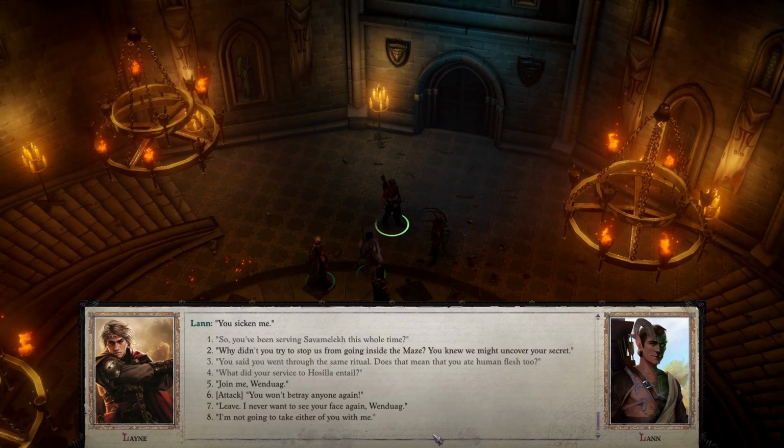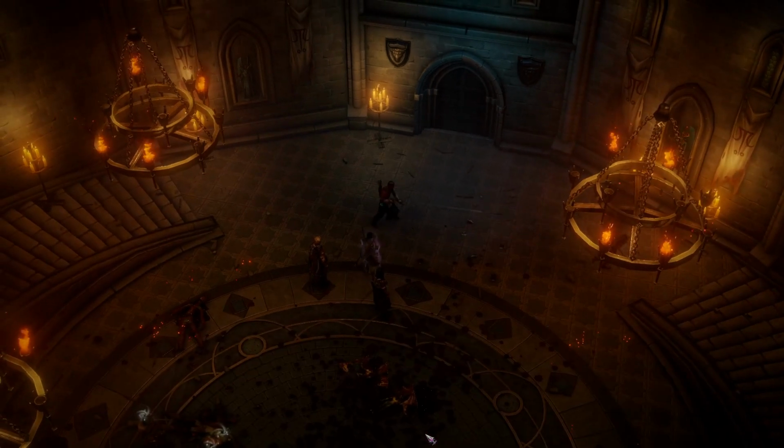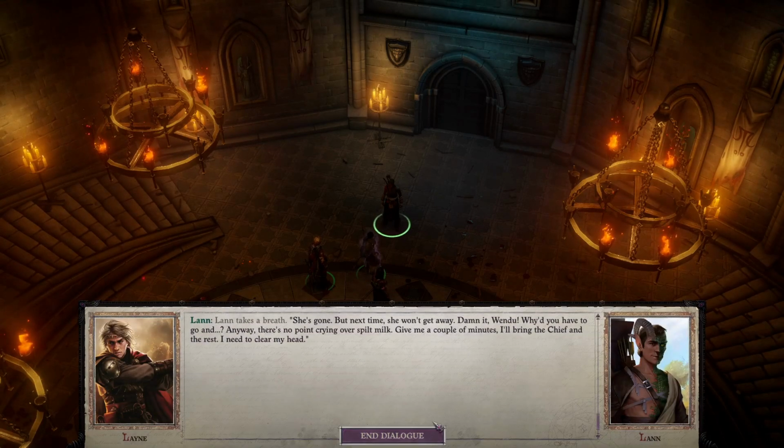You sicken me. You won't betray anyone again. You're all bark and no bite. Farewell, Uplander. Next time I won't spare you. Good try. You with the bow and arrow. Good job, Lan. You missed. She's gone. But next time, she won't get away. Damn it, Wendu. Why do you have to go and...